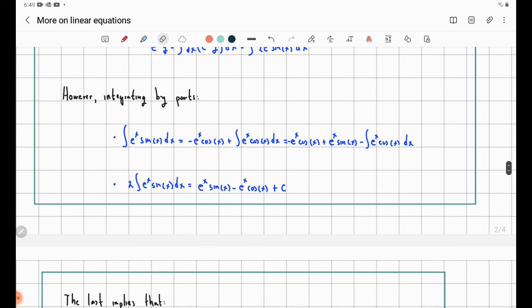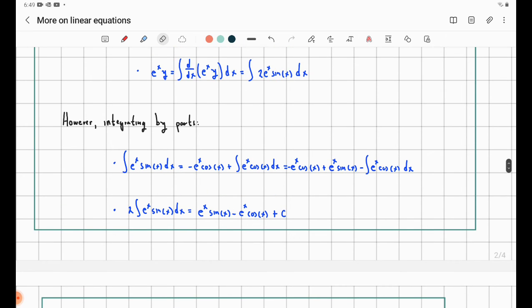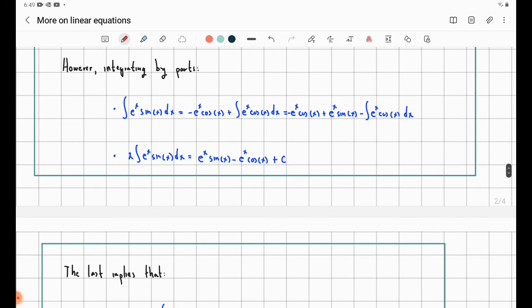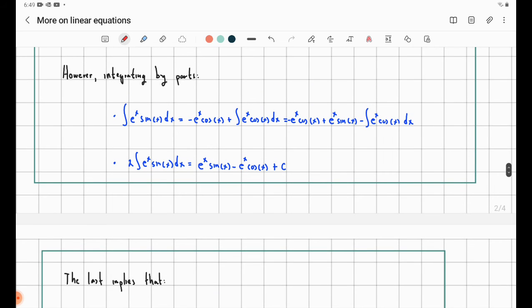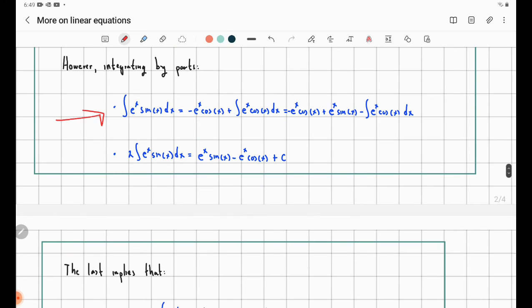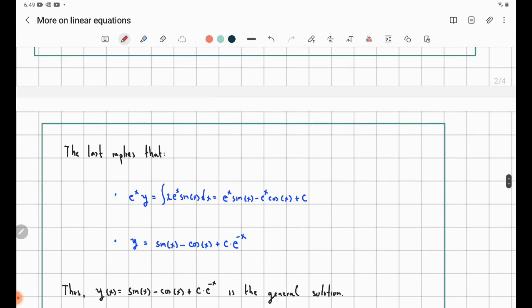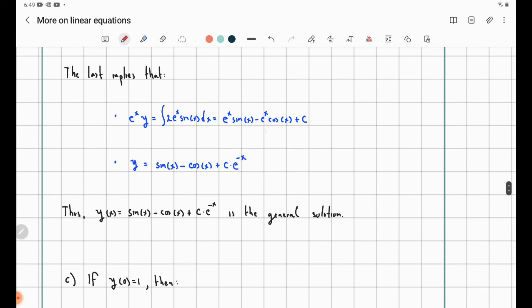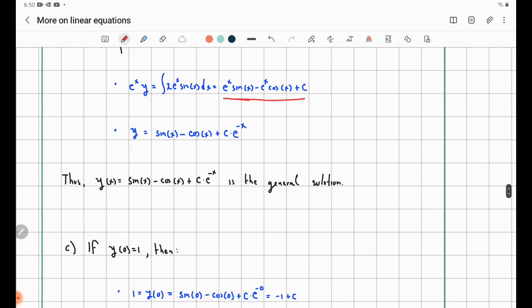So if you integrate by parts 2 times, you will obtain at the end the corresponding value for the integral. You can see the whole procedure in the notes. But the point is that the integral can be computed directly, and in this case the integral is just like this. Okay, so note that the general solution of the differential